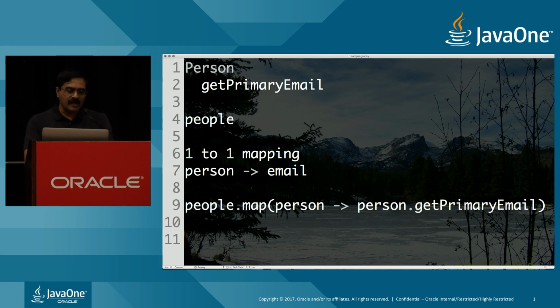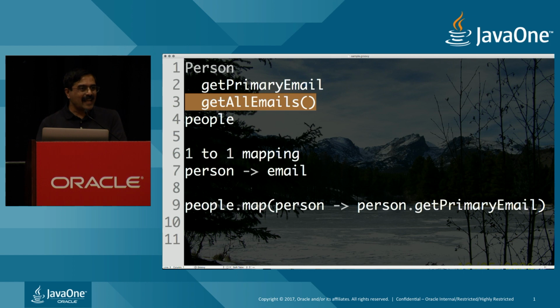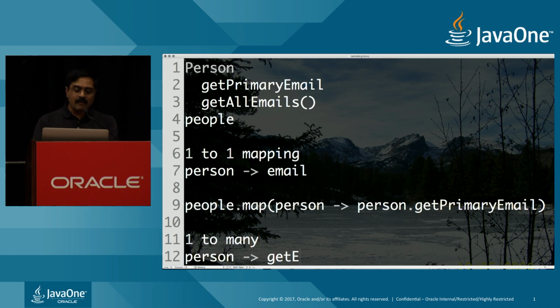However, on the other hand, if I have another function which is get all emails, this is going to return a collection of all your email addresses. Some of you may have one email address, some of you may have two, some of you may have 7. I mean, it's so much fun to spam all the addresses, not just one of them, isn't it? So I want to map people to all their email addresses. Sadly, this is a one-to-many because I go from a person to get all emails, and so this is